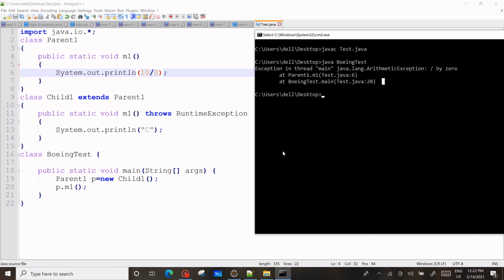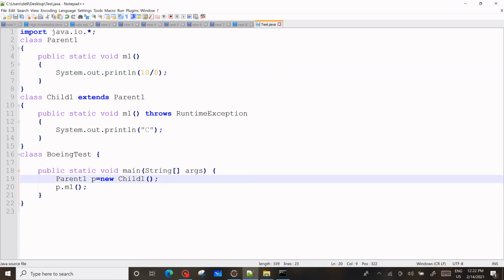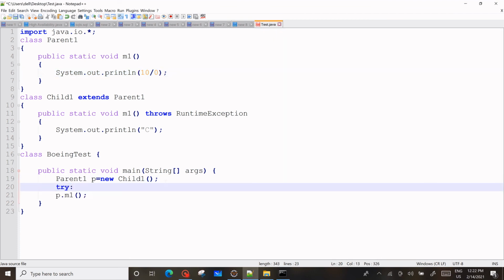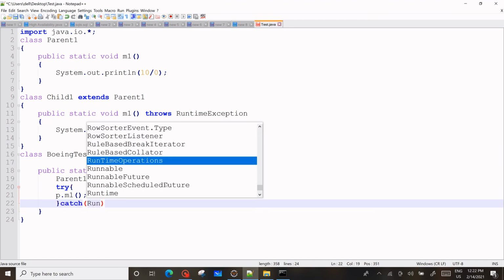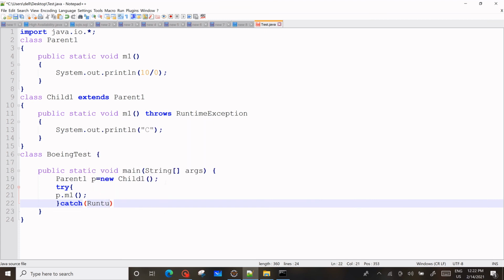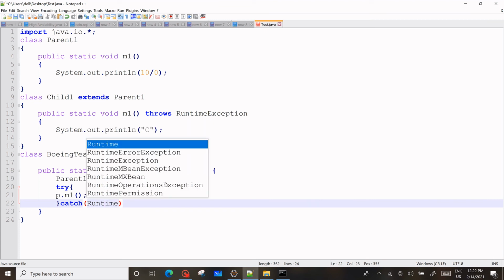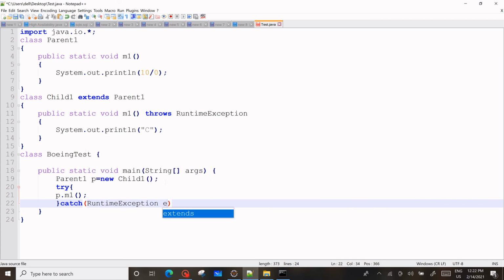So when we get this exception, it means we have to write a try-catch for the exception coming. We have to handle the exception. So now I'm going to handle it. In the catch, I will write RuntimeException only. Whatever exception you have, you can write; that is not the issue. RuntimeException e, and I have closed it.